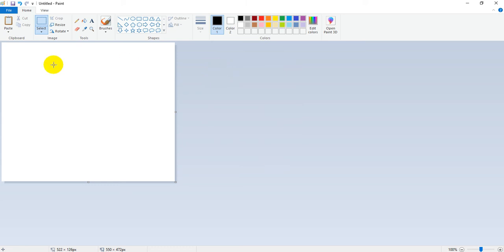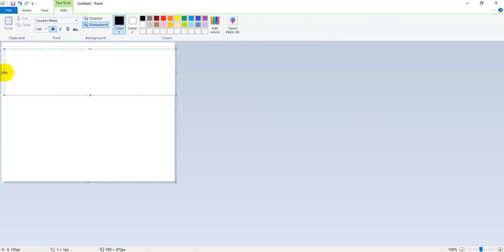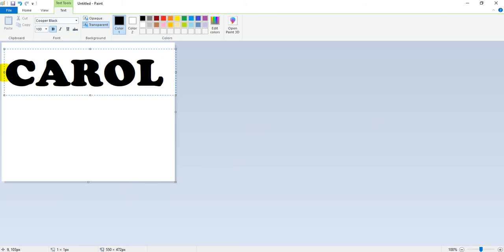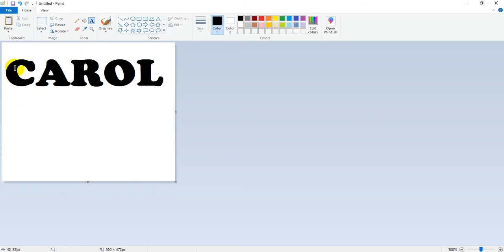I'm going to show you how to split text quickly in PE Design. First off, I'm in Microsoft Paint. You can use any graphics program you like. I'm going to click on the text tool and type in my name. And then I'm going to select it